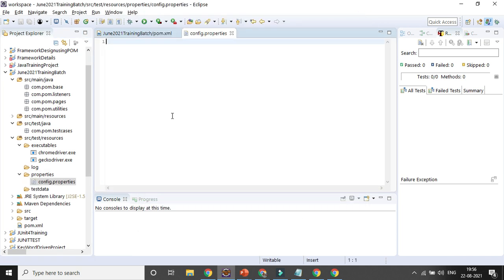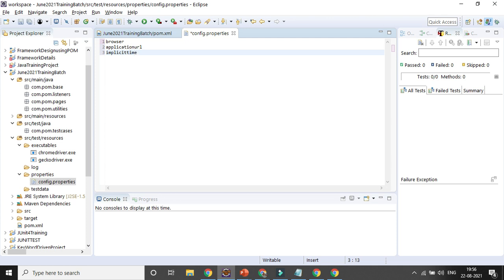Here I can create some important things, like whatever browser I want to execute, so I'll be using browser. I can use app URL, whatever application URL I want to access. And if you want to give some implicit time, you can give implicit timeout.